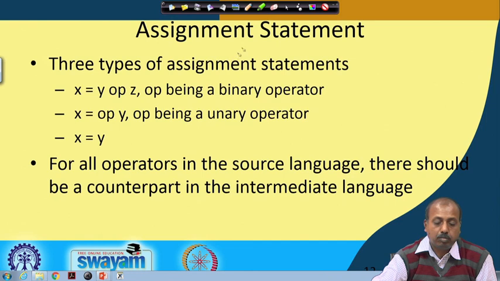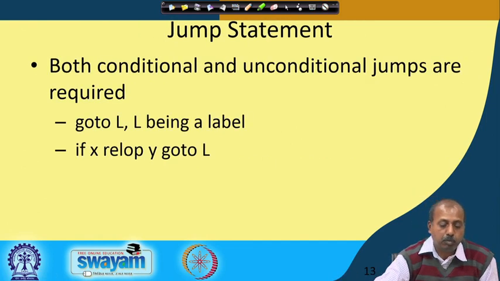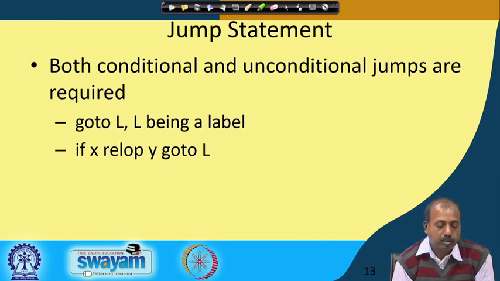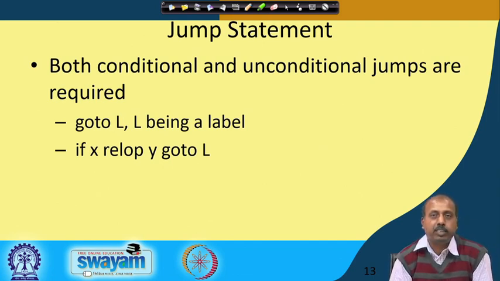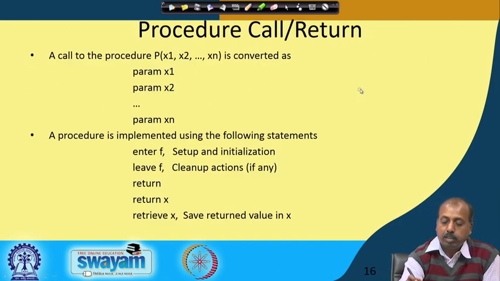So, once that is said, we will be looking into some more statements of this 3 address code. One is known as the jump statement. So, we have got this go to L, where L is a label. This L is again a hypothetical one, because this is just for an intermediate representation. Okay. So, I can just use any symbol here as L, like in a program.